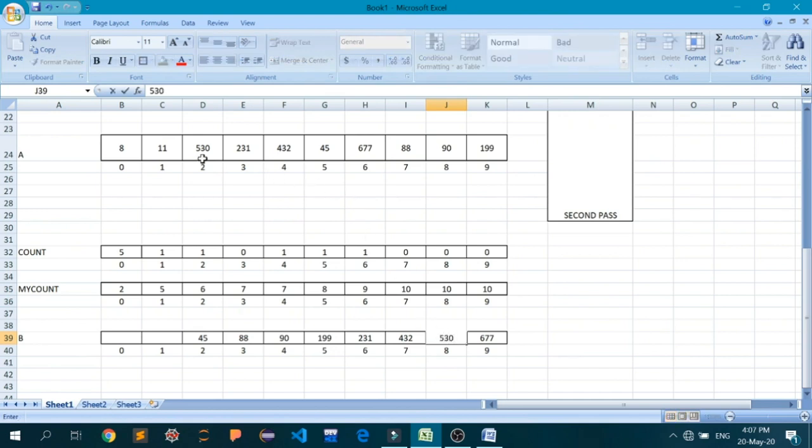Okay. Now it has been 011. So 0 again. It has been written here 2. I'll reduce it to 1. And at the 1 I'll write 11. Now at the last, we have 8. Again, the 100th place is 0. It has been written 1. 1 minus 1 is 0. I'll put it at 0 and write here 8. And as you can see, we have sorted the array.